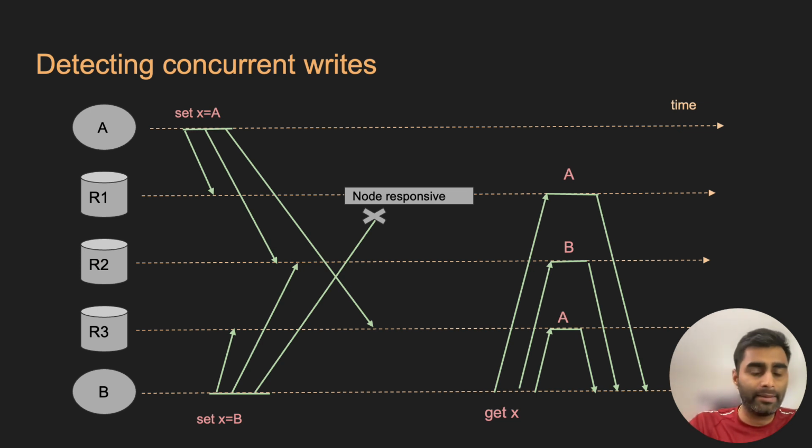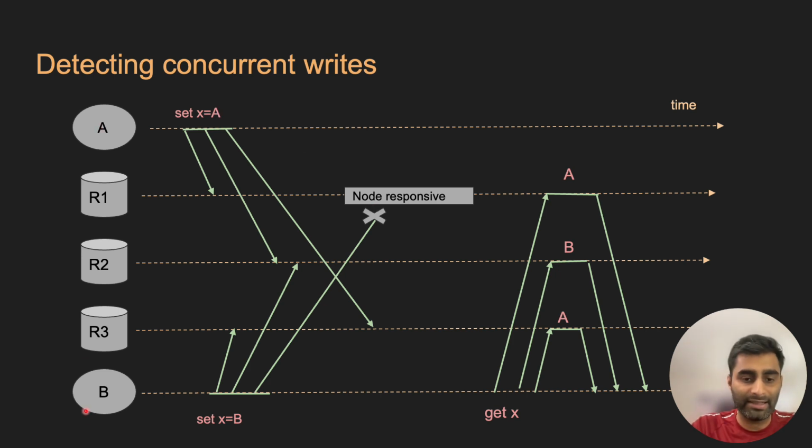Now Dynamo style databases allow several clients to concurrently write to the same key, which means that conflicts will occur even if strict quorum conditions are used. The problem is that events can arrive in a different order at different nodes due to variable network delays and partial failures. So for example, this image